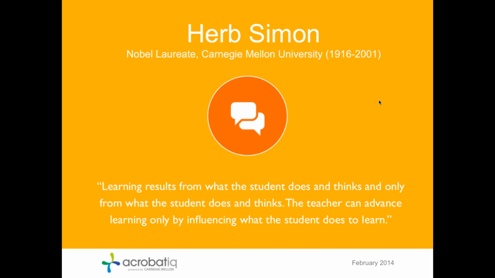For example, in Acrobatiq courses, we have various types of formative and summative activities, and we call these adaptivities. They're activities that provide students sufficient practice to really support each learning objective, skills and knowledge components. So as you can tell, there's a process that's happening even with respect to looking at learning objectives and